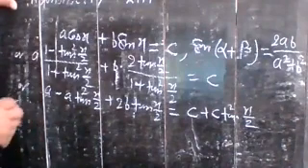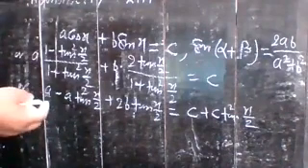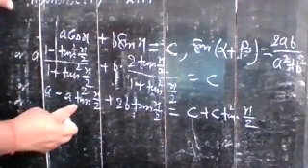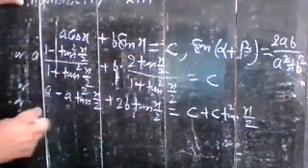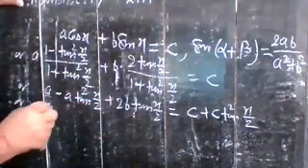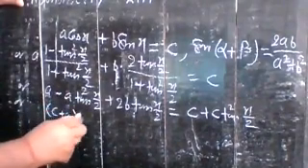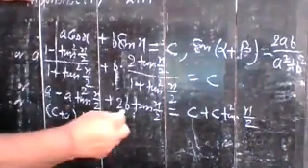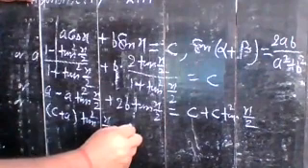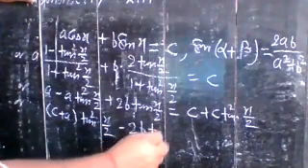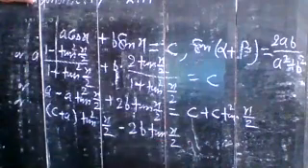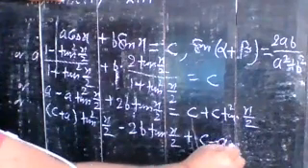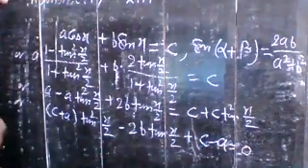Now what you do, here you take common and try to form a quadratic equation. If this square of tan term is transferred to the right side, and you take this common, it can be written as (c plus a) tan square x by 2. You can write in this way, and this term is also transferred, so you write minus 2b tan x by 2, and your constant term is plus c minus a, equal to 0.